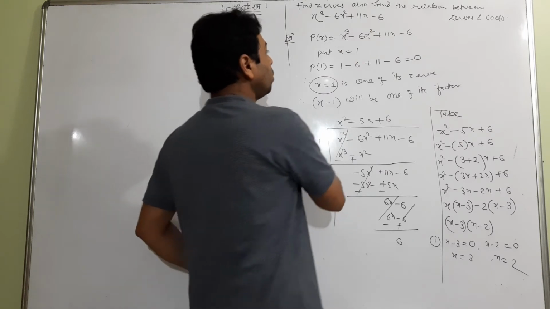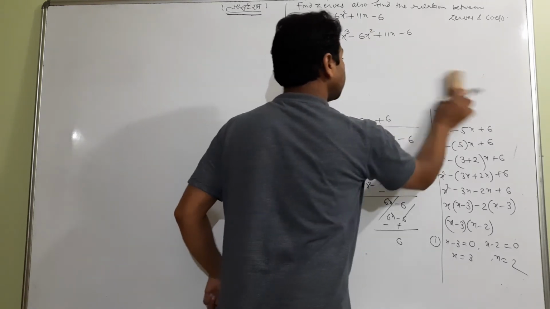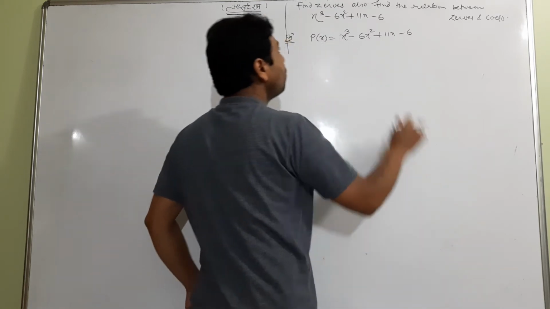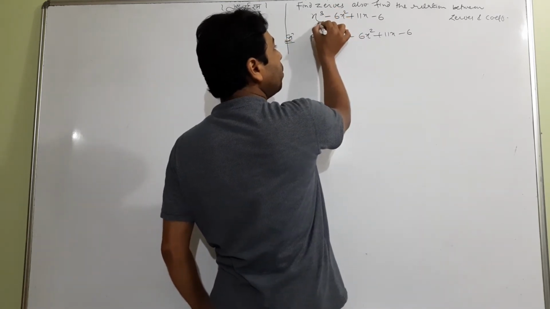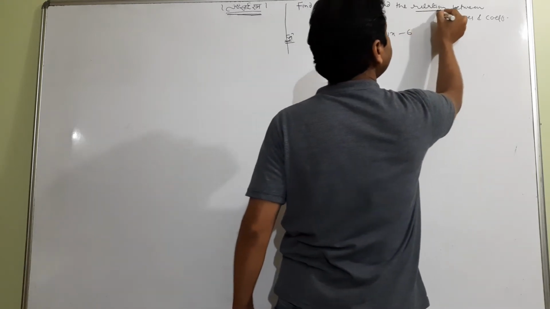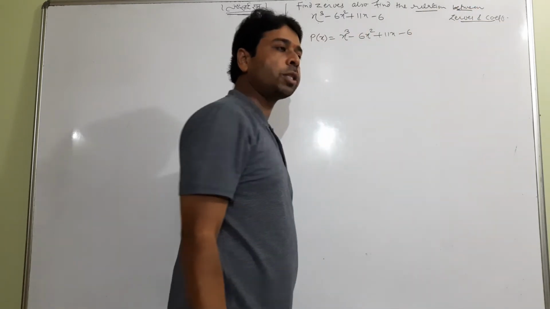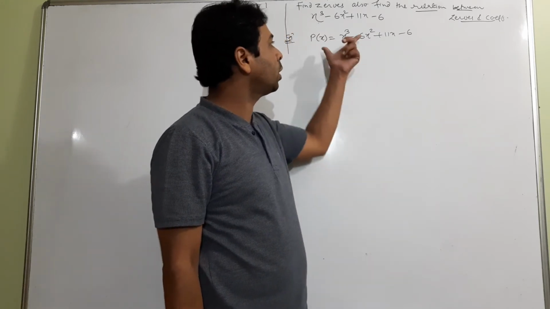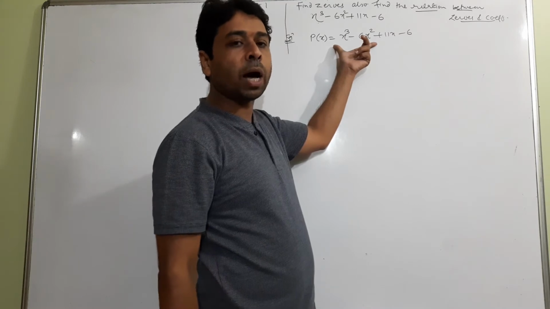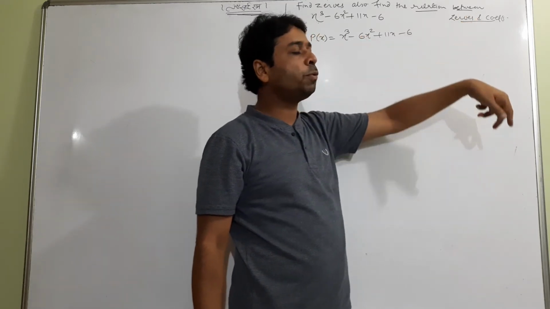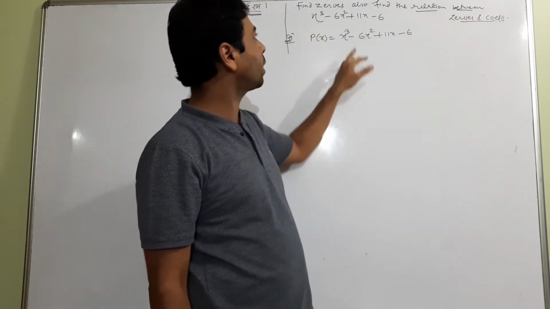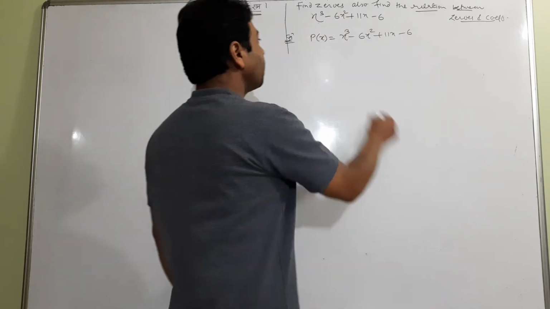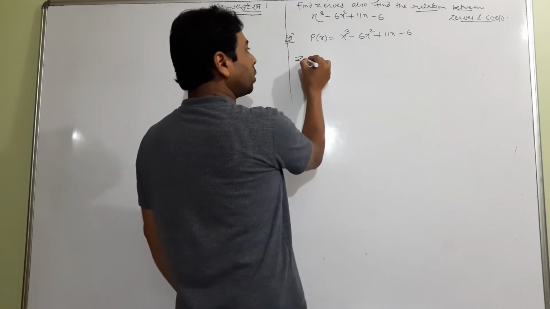So still now you have got it. Now let me rub all this, because now we have the zeros. And now a very important thing: for the very first time, for a cubic polynomial, we are looking to find the relation between zeros and coefficients. Till now the questions were based on quadratic polynomials, where we were asked to find the relationship between zeros and coefficients. Very first time we have a cubic polynomial. Okay, what zeros did we get?